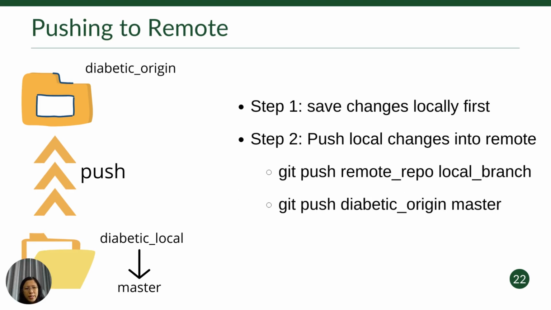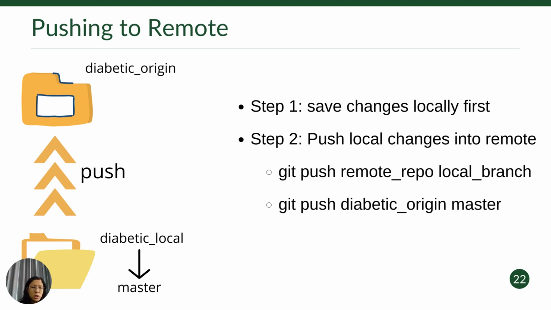Now, let's say I made changes in my local computer. I also want to upload these changes into the remote repo. So I want to push it back to diabetes origin. Here the changes I made are in the master branch. So whatever is in the master branch, I want to push to the remote repo. Okay, so before we push